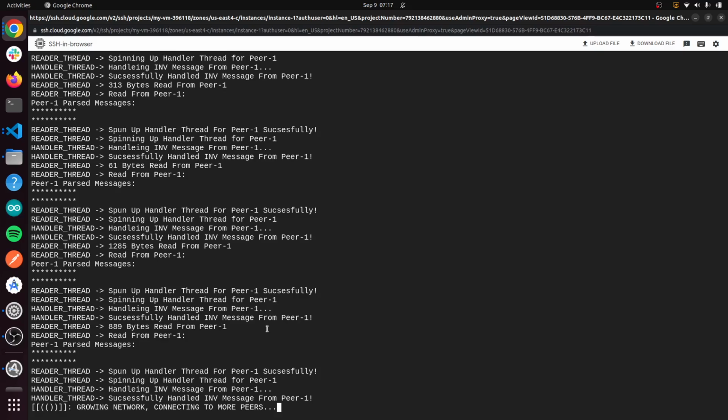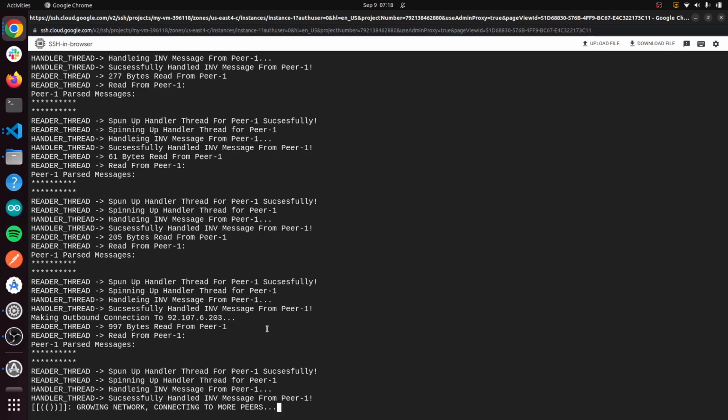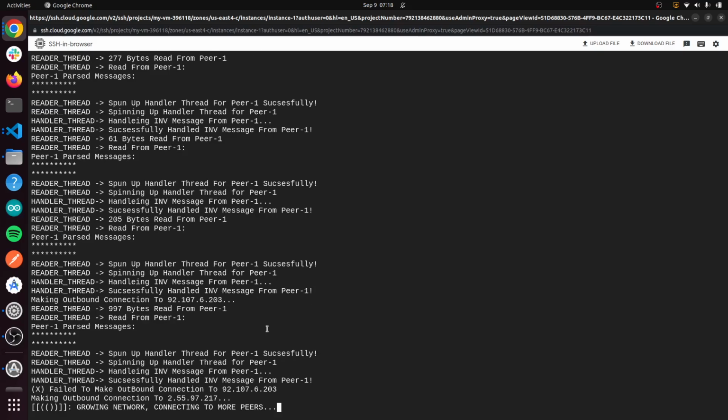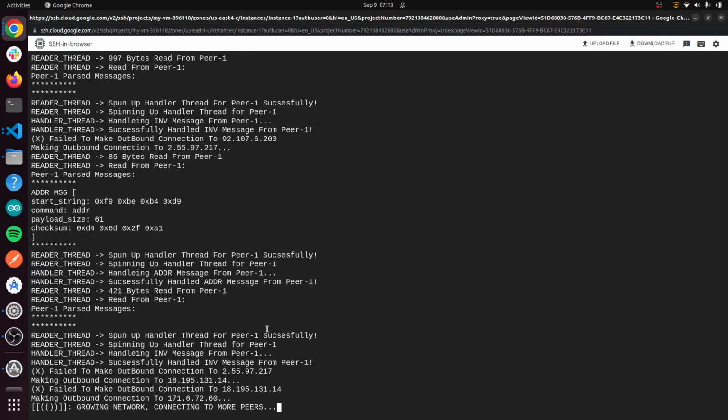So I think the peers keep sending us INV messages, peer one specifically. I forget what the INV message was, but I think we're trying to get the address message. Okay, so we got some address messages because we just tried to make an outbound connection.